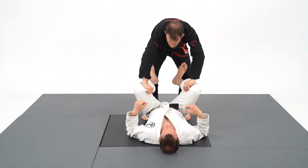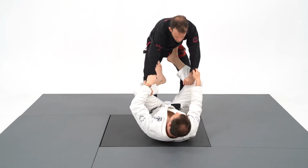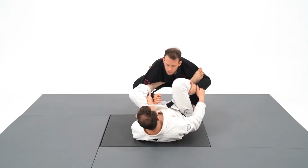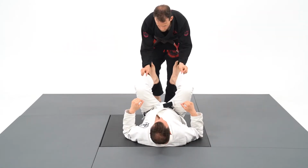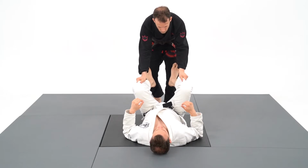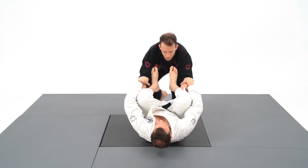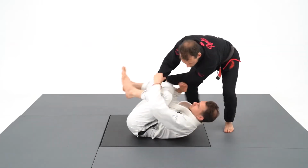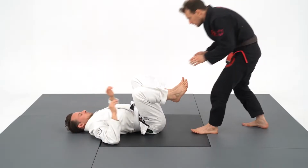But the same applies to the inside, as my opponent has an easier access to my sleeve and can set up a lasso guard. So now you're going to ask me, what is the right gripping position? I need to grab the cuff of the pants just over the shins. Why? Because it makes my arm and my sleeve unavailable for his grips, and it also gives me more leverage